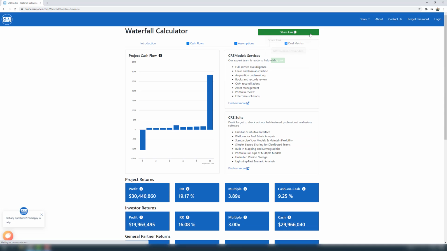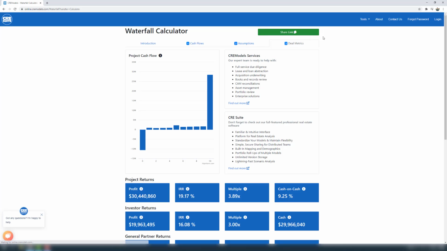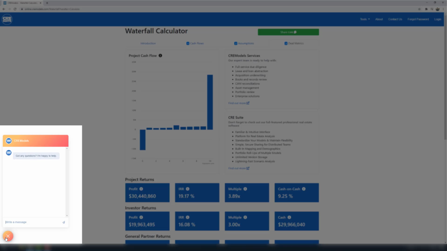To share a waterfall scenario, click the green Share Link button at the top and email the link to other stakeholders such as partners, lenders, or investors. Please note that at the bottom there is a convenient chat window to ask questions or give feedback. During regular business hours, someone at CRE Models will be monitoring this chat and will be able to help in real time. If it's outside business hours, feel free to leave an email address and we'll get back to you